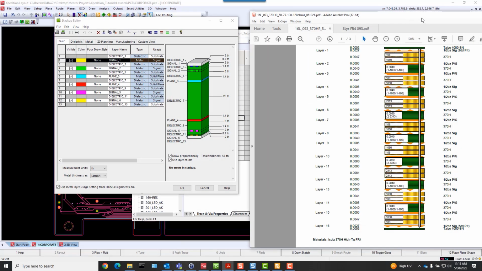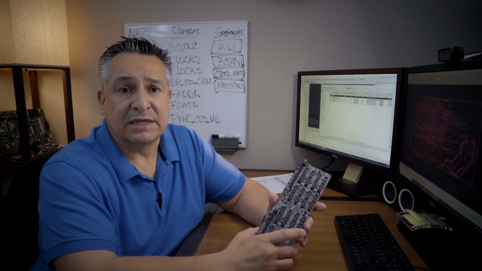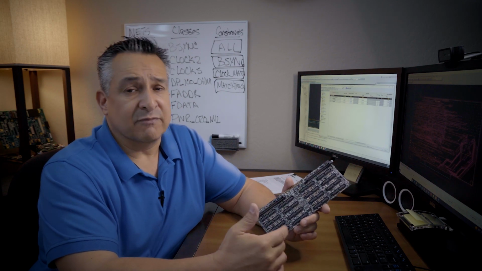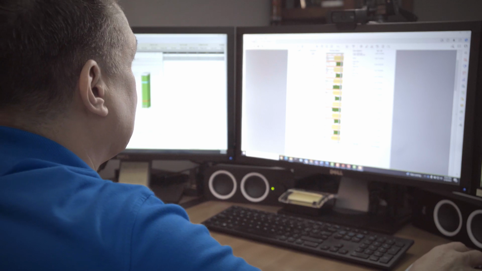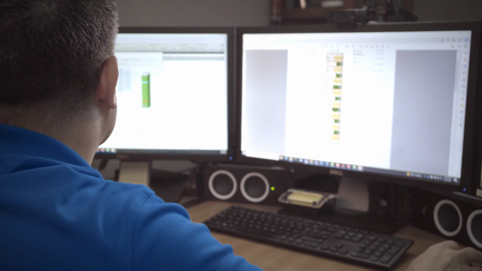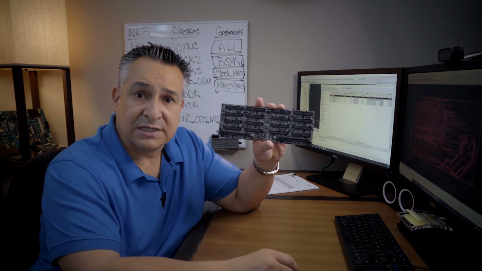We need design constraints because they are the rules that govern how a PCB is designed with the intent of meeting both physical and electrical requirements to help ensure that the final end product was designed correctly and correct by construction and meets the final engineering intent and achieves your customer's expectations, such as the CCA that I'm holding in my hand.